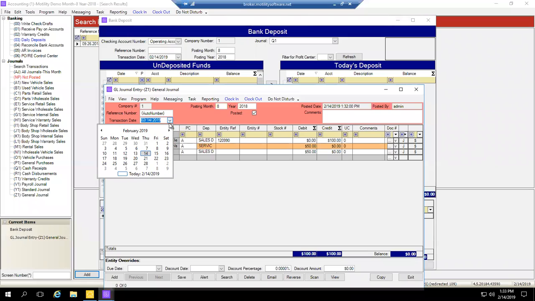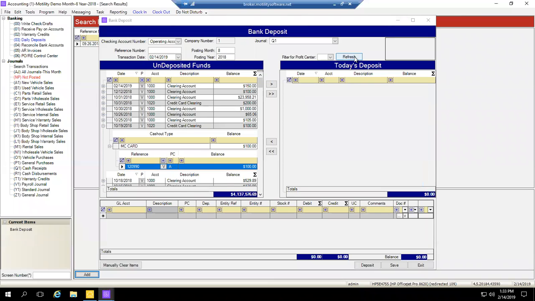I'm going to now back post this to October 26th, the same date that the original transaction was posted. And then I'm going to make the reference number. I'm going to call this correction to the invoice number 120990, because that's our reference number we have here. So now with this saved, if I refresh this,